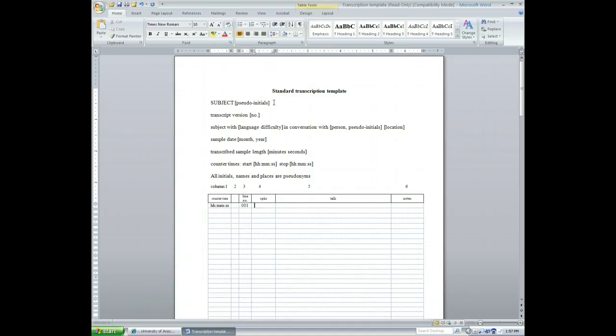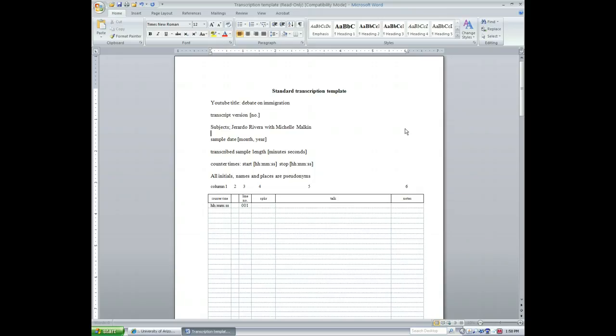For your assignment, you could change this heading into a YouTube title or something. Title: debate on immigration. And if you have different versions or drafts of your transcript, you can mark that here for your reference. And here you can provide a brief description of who is talking with who. Geraldo Rivera with Michelle Malkin.